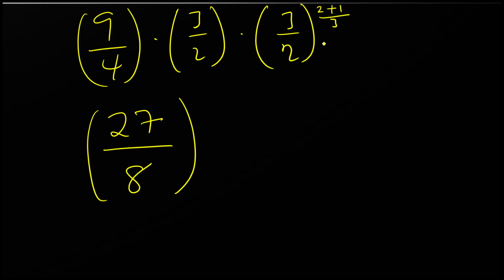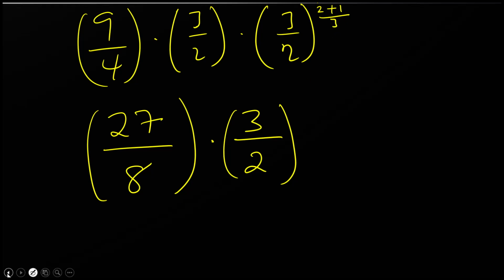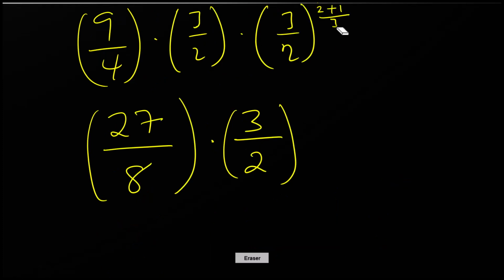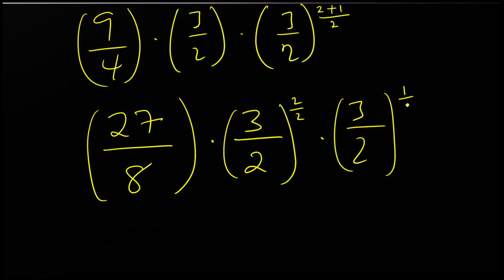Okay, so you can write this one as 3/2. Oh sorry, this side is not 3, it's 2, not 3. This side is 2. So we have 2/2 again times 3/2 times 1/2. So this side is 1, 27/8